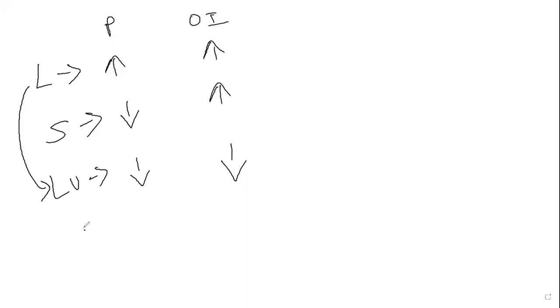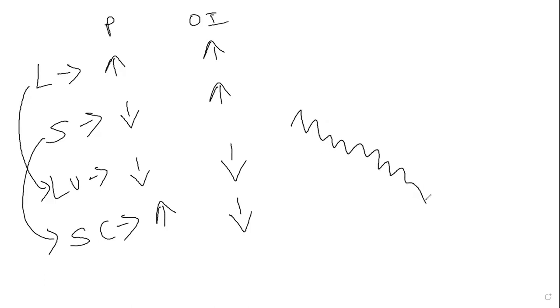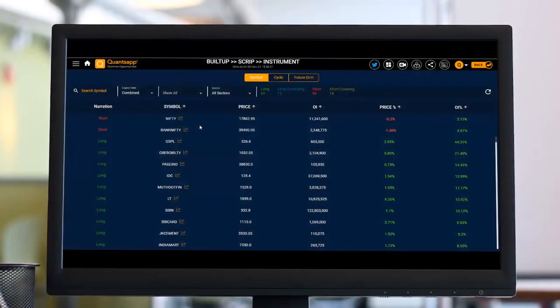And the last thing is the short covering scenario. It is again a temporary pause against a short build-up, wherein the price has a spike and the open interest of the instrument will go down. Let's assume that instrument is going downwards like this. This spike has happened only due to the open interest getting unwound, the shorts getting covered. It is not fresh longs driving the price higher. So short covering is basically short positions getting covered and the prices going on a spike because of it. So that was how we can interpret the build-ups.